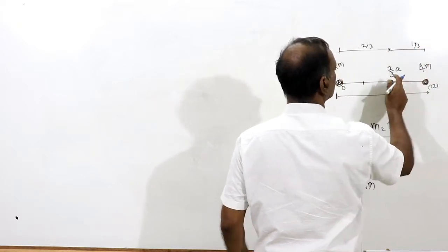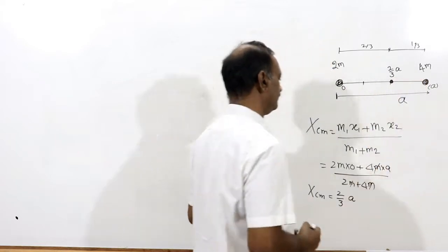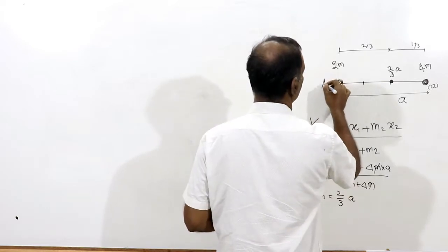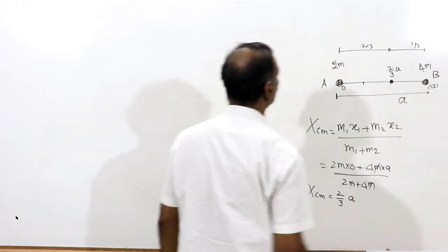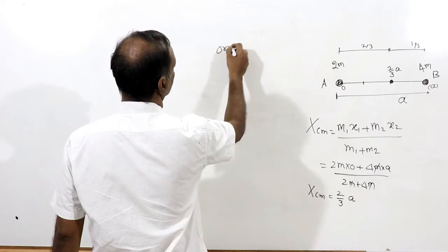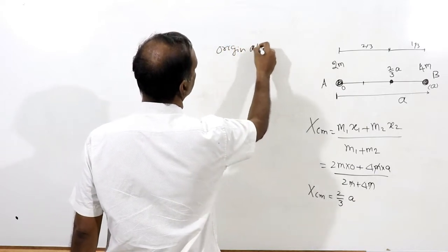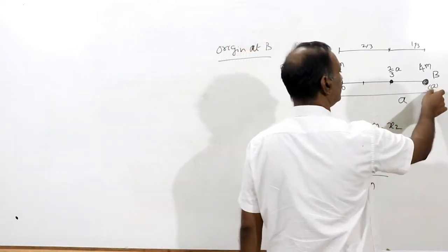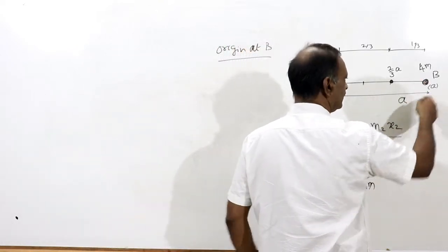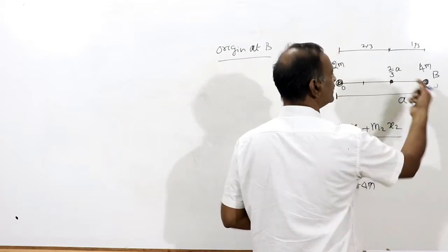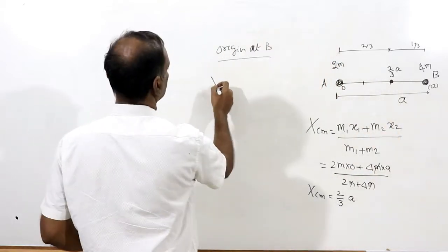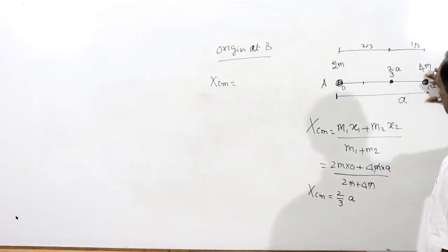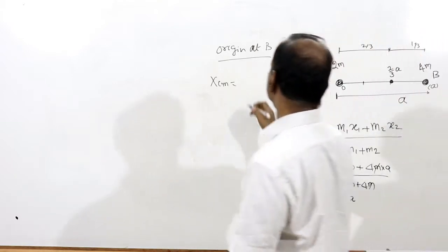It means it is located at this point, which is closer to this one. Suppose you change the origin to this point. We call this point A and this point B. If the origin is at B, how to calculate? We have to take the reference from here. M1 has X1 equal to 0, so XCM is equal to M1 into 0, because this is the reference point, 4M into 0,